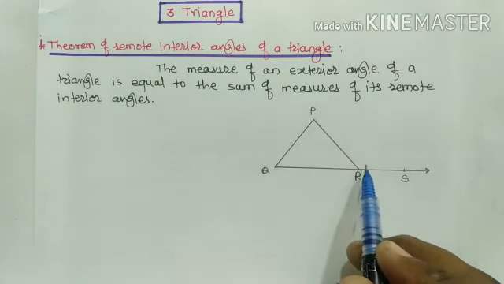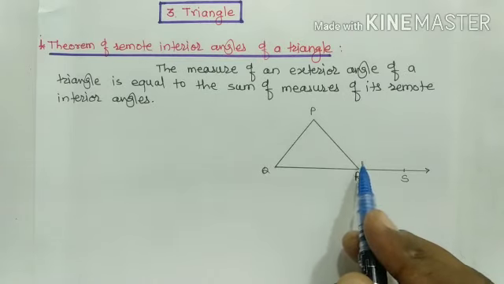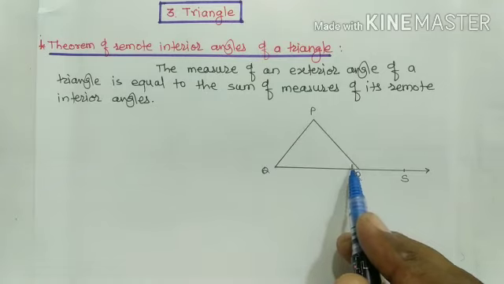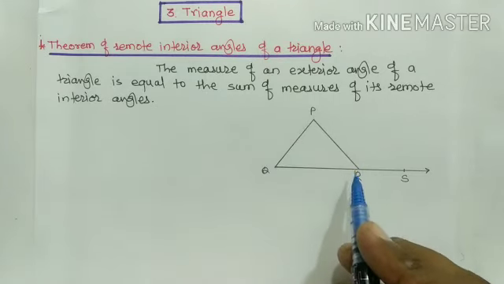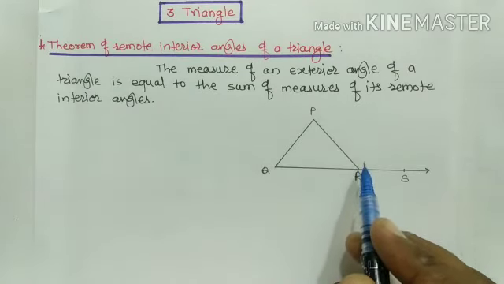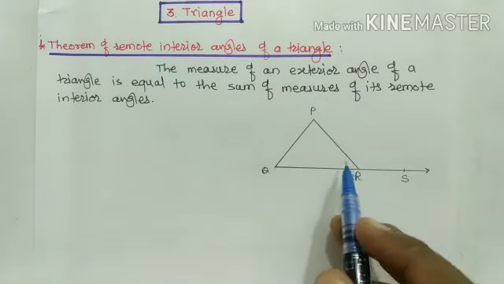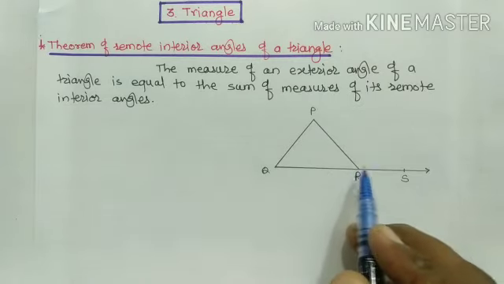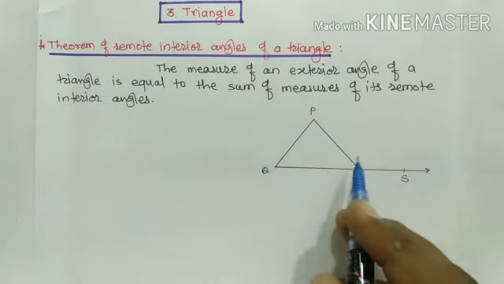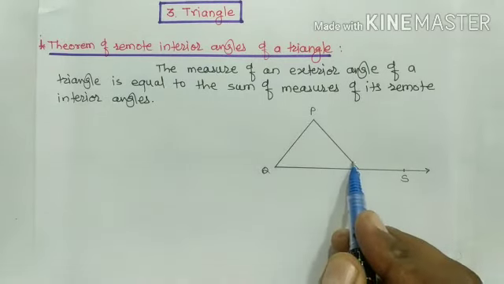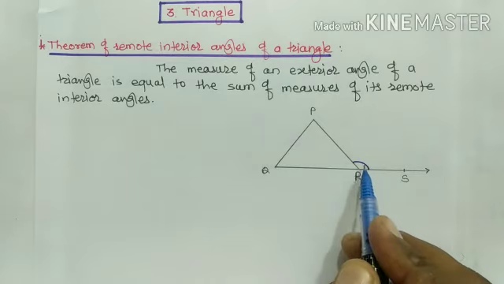आता exterior angle कोणाला म्हणतात? The angle which makes the angles in linear pair with its adjacent interior angle of the triangle. त्या ट्रायंगलच्या अँगल सोबत जो लिनियर पेअर फॉर्म करतो त्या अँगलला त्या ट्रायंगलचा एक्सटेरियर अँगल असं म्हणतात. आता या फिगरमध्ये आपण या पॉईंट वर्टेक्स आरवर हा एक एक्सटेरियर अँगल आपण दाखवलेला आहे. तर आपल्याला या थेरममध्ये थेरम काय सांगतो, तर या अँगलचं जे मेजर आहे अँगल PRS, या अँगलचं मेजर हे त्याच्या